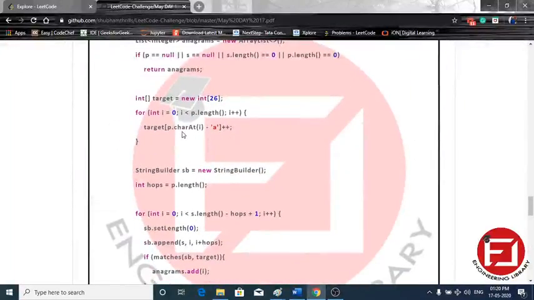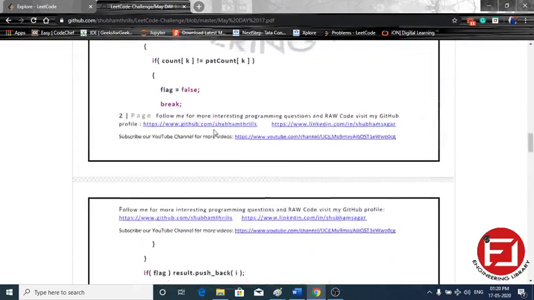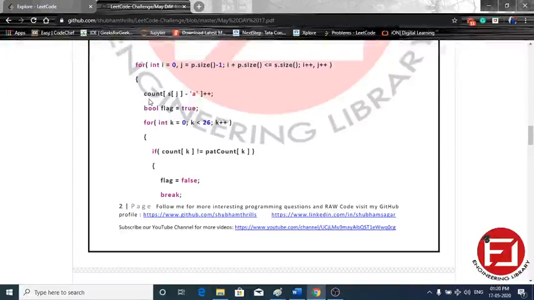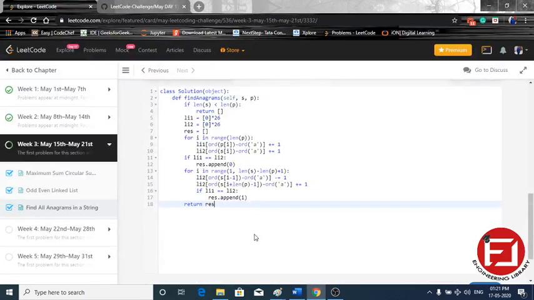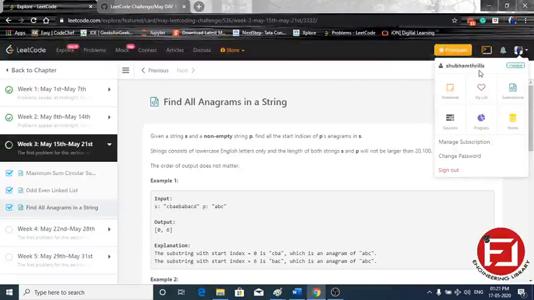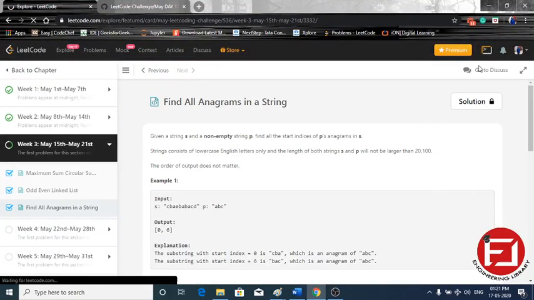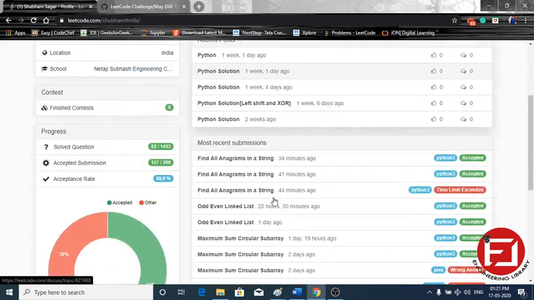See this, here we have applied the same thing. Here we apply the same thing. So it is a sliding window. This problem can be solved using sorting as well, but with sorting it will give time limit exceeded for one of the test cases. Let me show you that test case, which I have done for that also. See this, time limit exceeded.